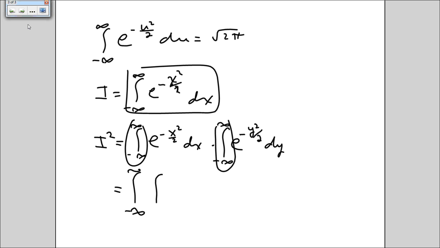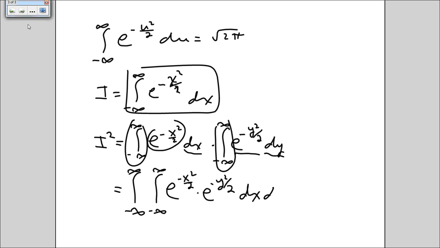Negative infinity to infinity, negative infinity to infinity. E to the negative x squared over 2 times e to the negative y squared over 2 times dx dy. We're making progress now,